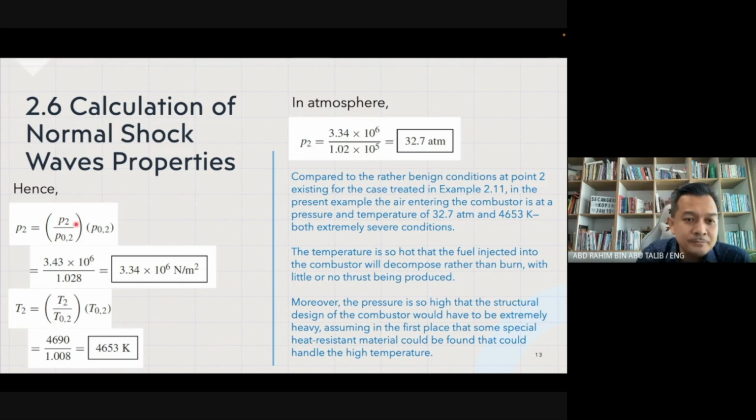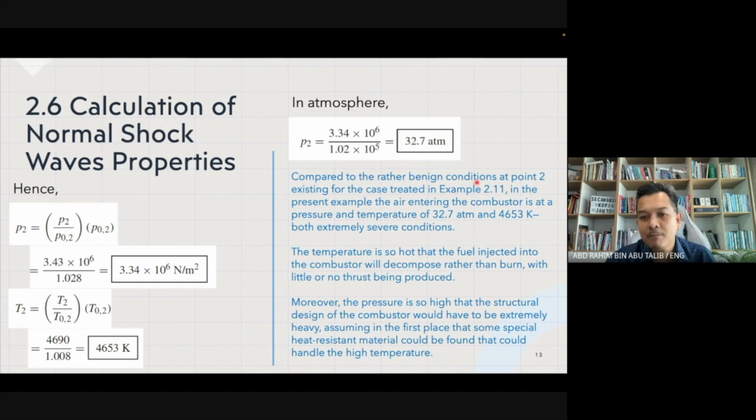Hence, you can now get the local pressure value at P2 to become 3.34 times 10 to the power of 6, and T2 is 4,653 Kelvin. So in terms of atmosphere, P2 becomes 32.7 ATM,